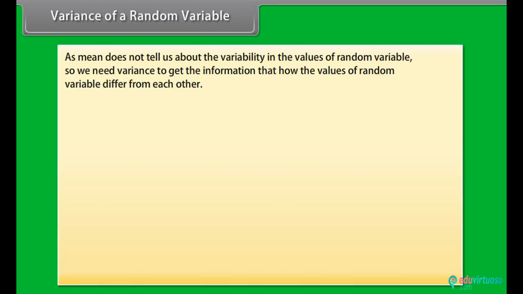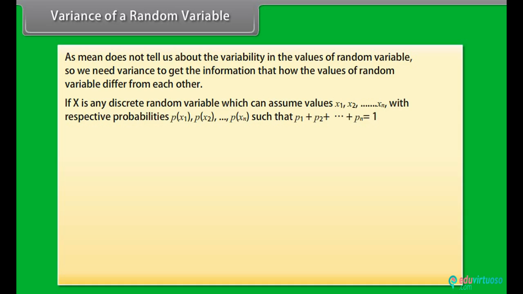Variance of a random variable. As mean does not tell us about the variability in the values of a random variable, we need variance to get the information about how the values of the random variable differ from each other. If x is any discrete random variable which can assume values x1, x2 up to xn with respective probabilities p(x1), p(x2) up to p(xn), such that p1 plus p2 up to plus pn is equal to 1,